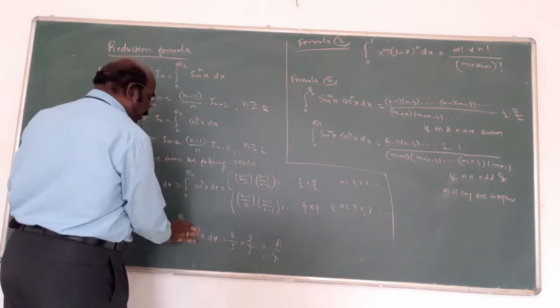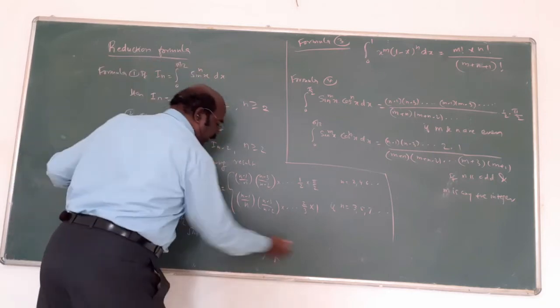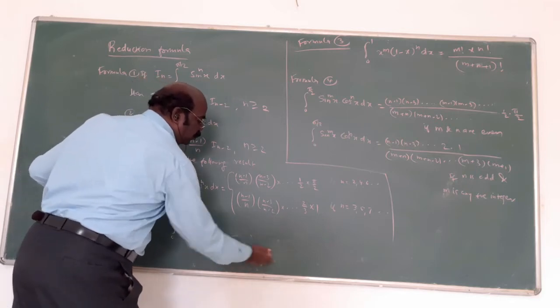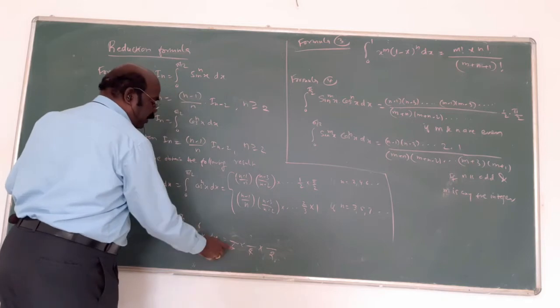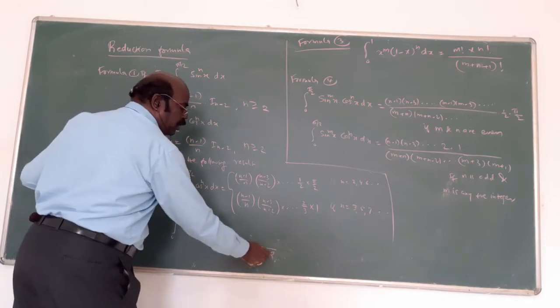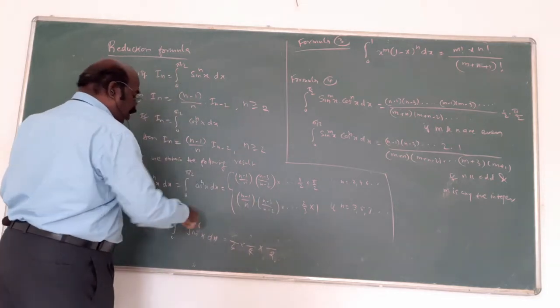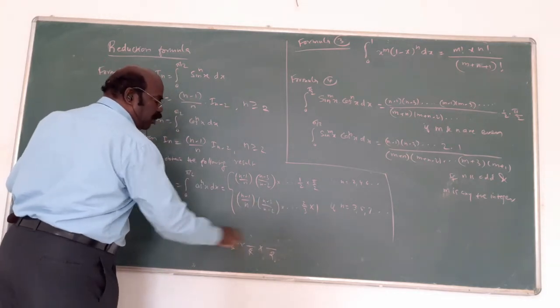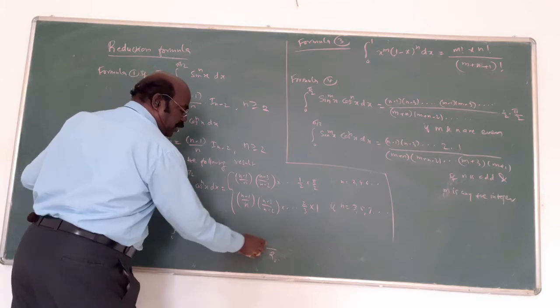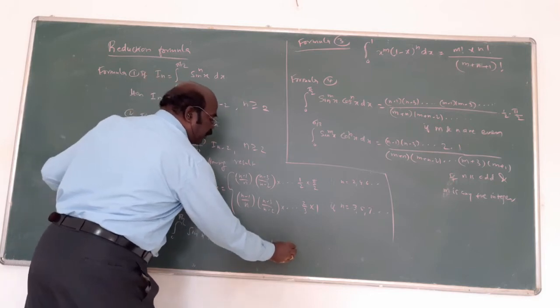The same thing here. Suppose 6 is there. What is the answer? Denominator 6, 4, 2. Am I right? The power 6, start 6, reduce by 4 to 4. Reduce by 2, 2. Again 0 for the denominator. Numerator reduce by 1, now start, reduce by 2. 5 minus 2, 3. 3 minus 2, 1. Then 1 by 7 into 5 by 2 is the answer.